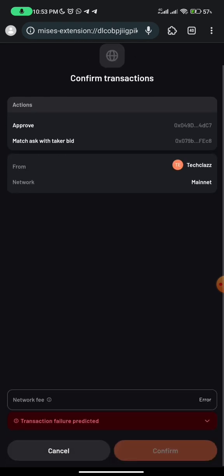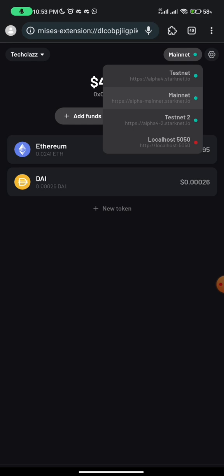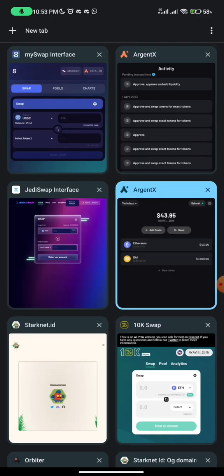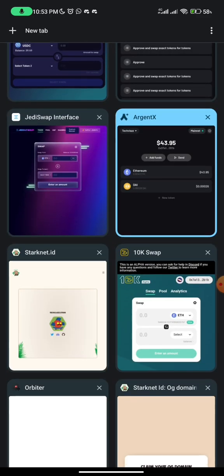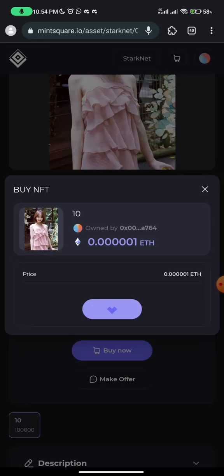Cancel this. And the network is still good. If you can check, the mainnet network is still green. So I don't know why this is happening. Let me try it once again. Let me click on purchase. When I click on purchase,